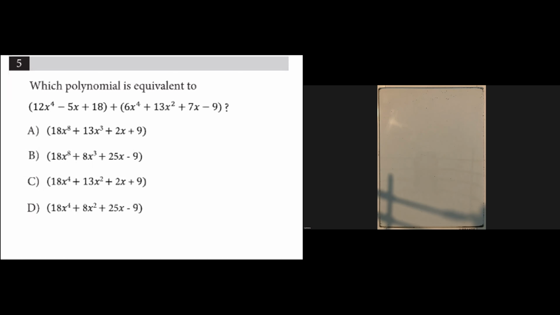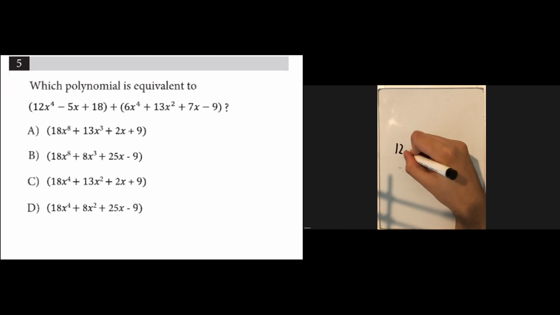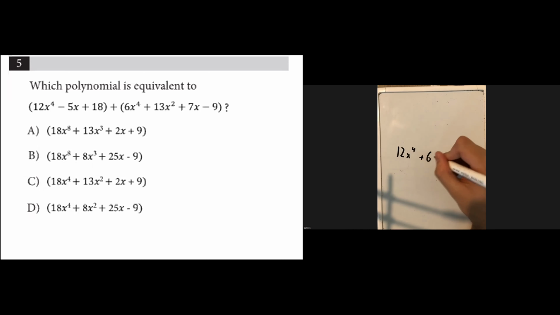Okay, so for this one, we're given what polynomial is equivalent to this, and I'm not writing all that down, but we have 12x to the fourth, and then what we're adding to it is the 6x to the fourth on the other side. Because we have to add the like terms where the x has the same exponent value. So this would be 18x to the fourth